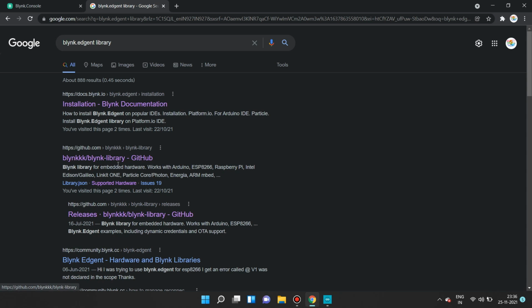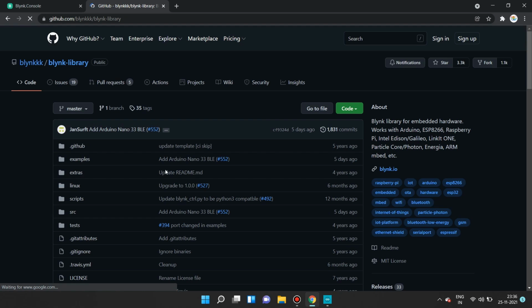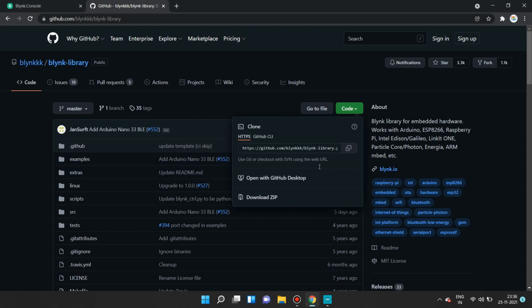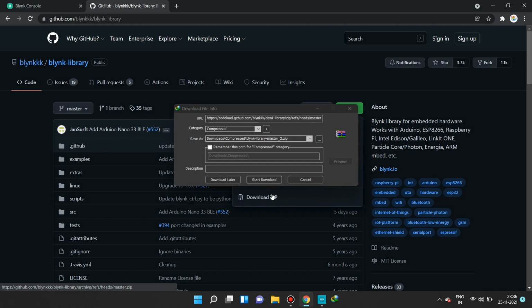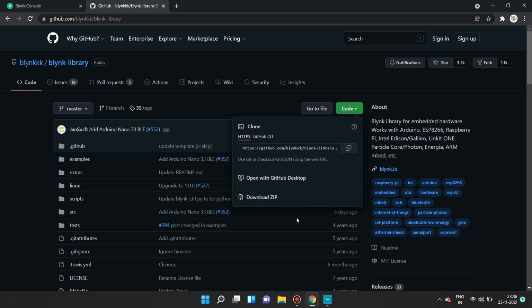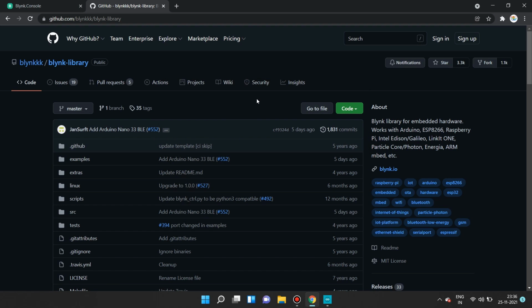Just get the Blink Agent library at GitHub. You have to download the code as a zip file. Okay, I will add the link in the description box. You can go through this link.